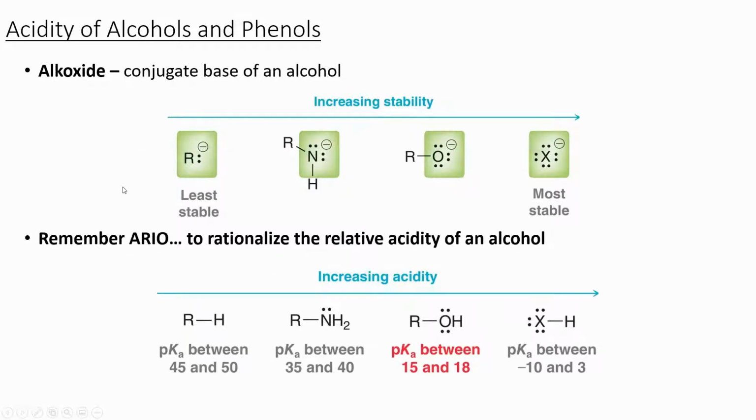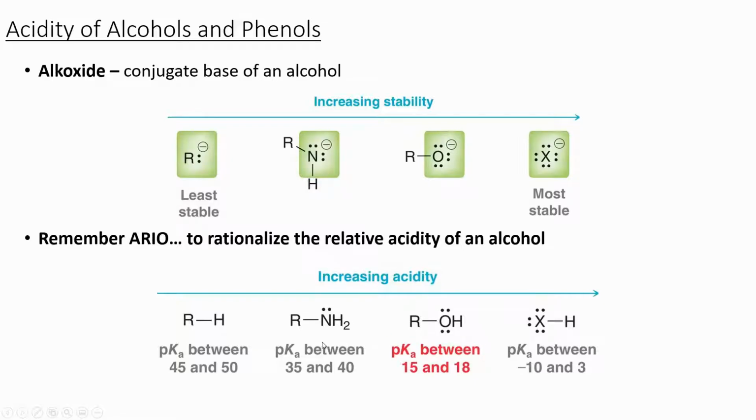So a little bit of review from the acidity chapter. In order for us to look at the acidity of the compound, we can compare it directly to the stability of the conjugate base. So for an alkane, we have a very low acidity, which means that also the deprotonated version, an anion, a negative charge on carbon, is not very stable. As we increase the electronegativity of what the negative charge is attached to, we're going to be able to increase